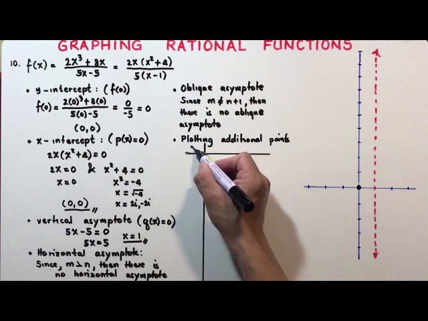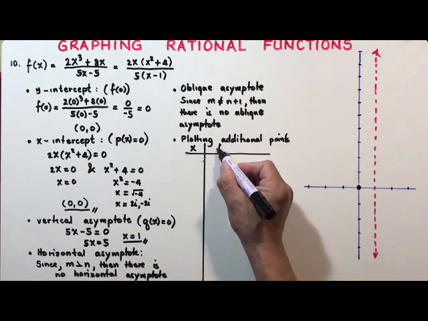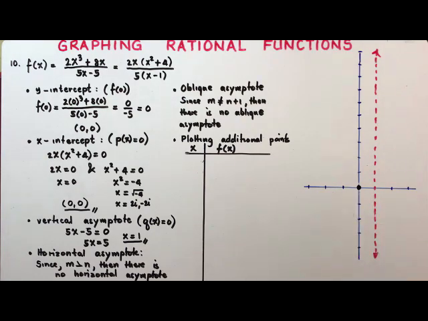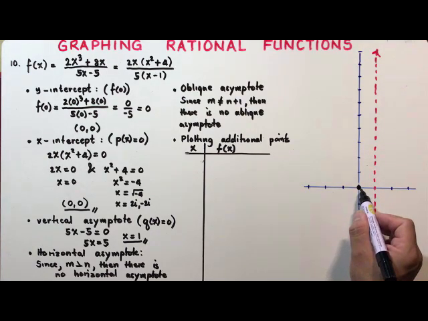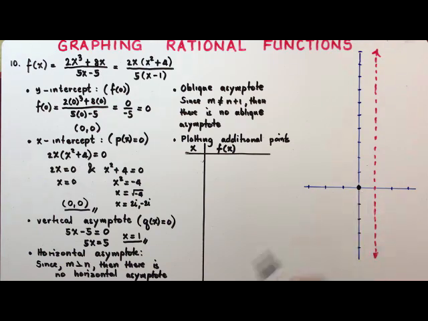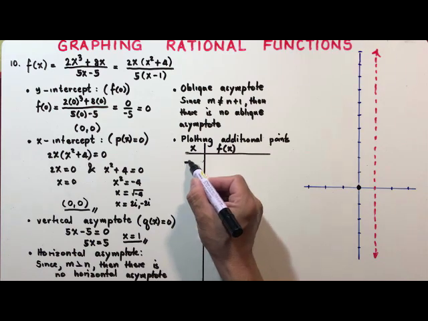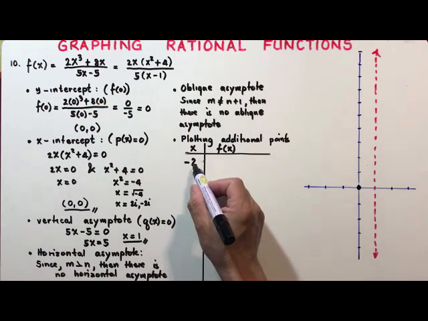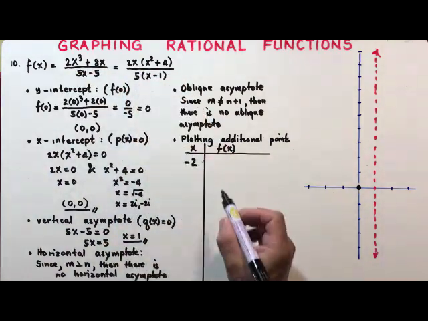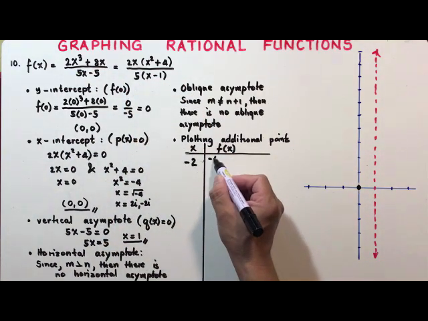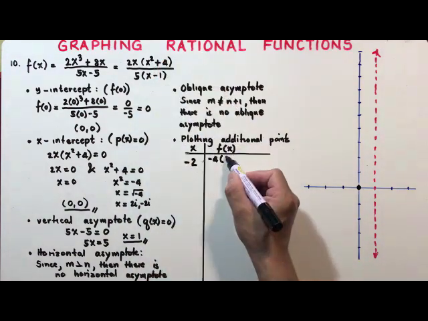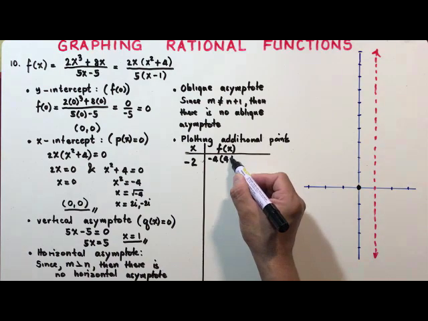When your x is here, your f of x is also here. So let's try some values of x, which is to the left of this x-intercept and at the same time the y-intercept. Say, let's find out where is the graph at x equals -2. So substituting to the function, 2 times -2 is -4. And then -2 squared is 4 plus 4